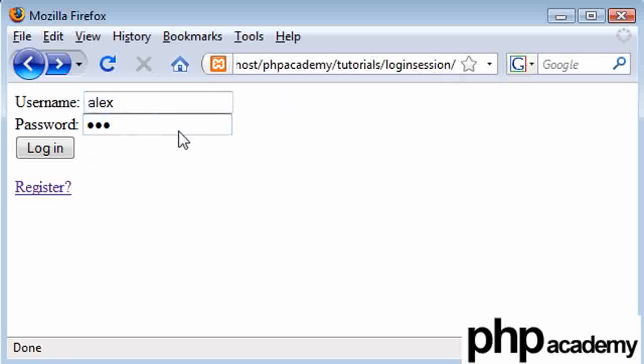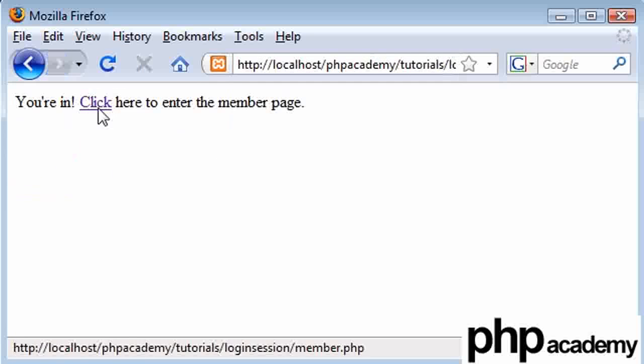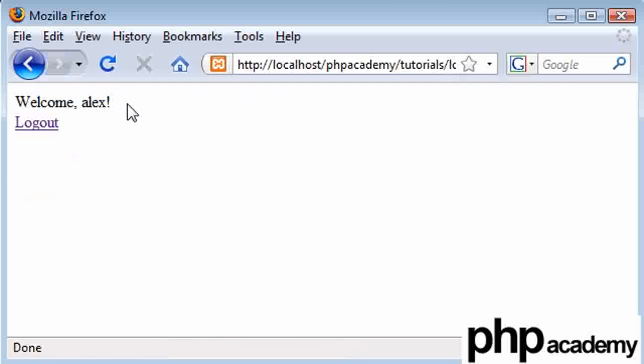My password at the moment is ABC, my username is Alex. As soon as I log in, it says you're in. And here we go, here's the member page. Our session's been set. We need to log out, we can already log out, but we need another option to change